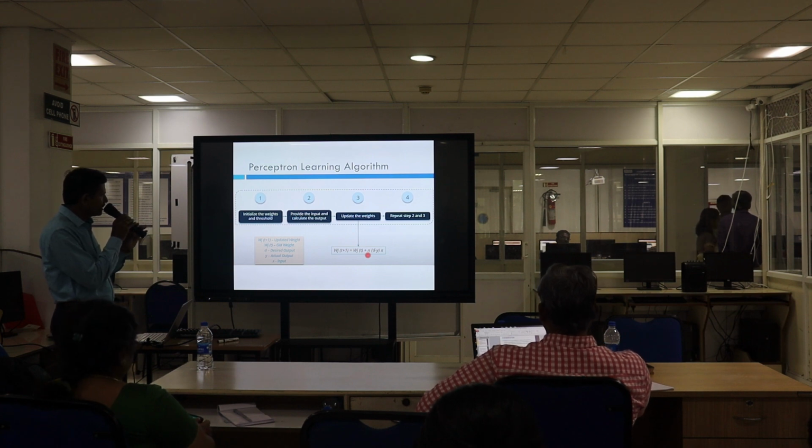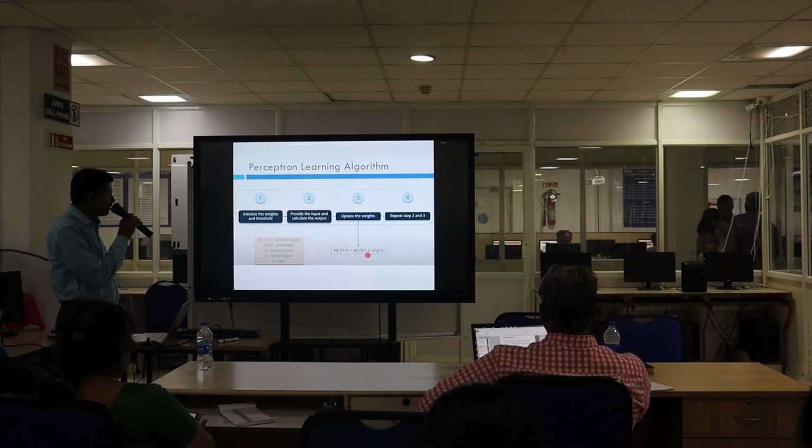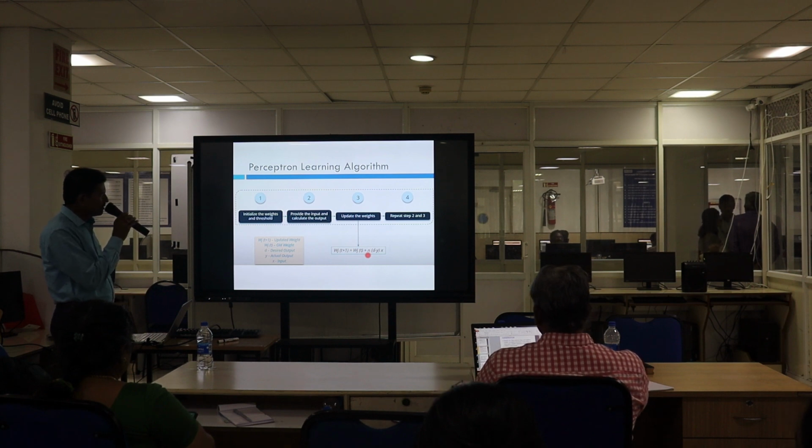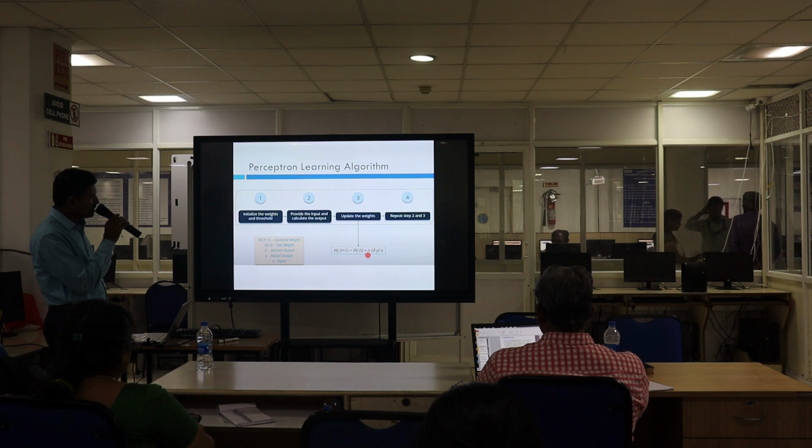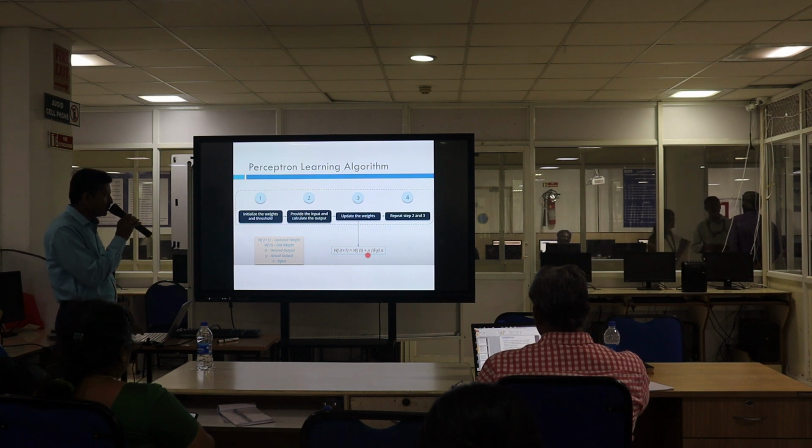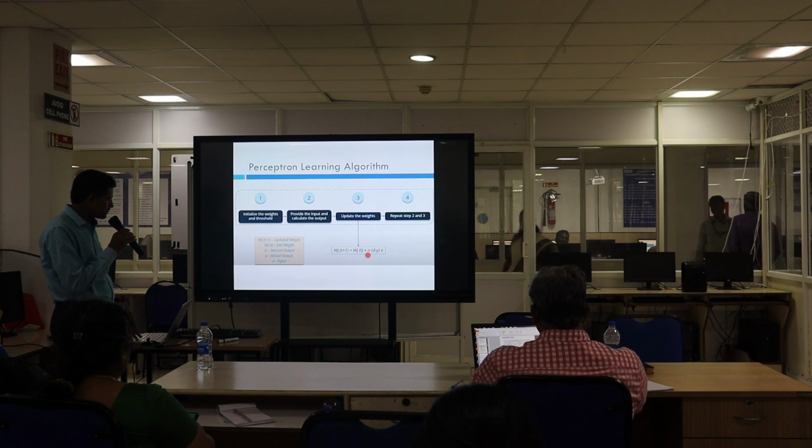Initialize the weights and threshold, provide the input and calculate the output. Update the weight using the formula wj(t+1) = wj(t) + n(d - y)x. By repeating steps 2 and 3, we can fine-tune the algorithm.